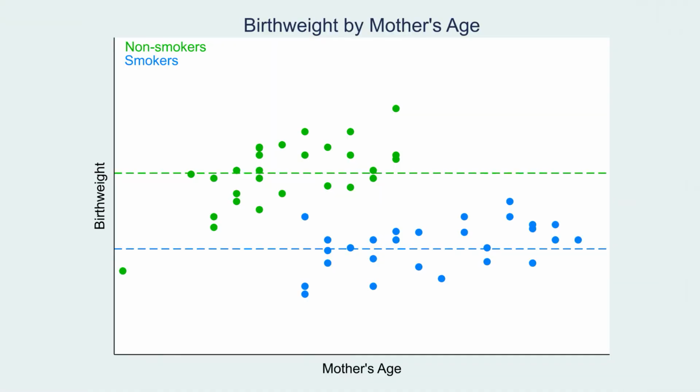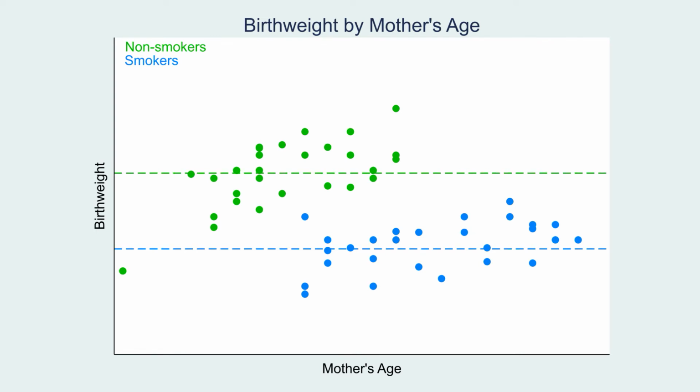Let's take a closer look using the example from the maternal health research. This graph shows infant birth weight by mother's age and smoking when pregnant. Green dots for non-smoking mothers and blue dots for smokers. The dashed lines show the mean weight given smoking history. The difference between non-smokers and smokers is 278 grams. And that's a conditional contrast. It's the difference between two study groups.